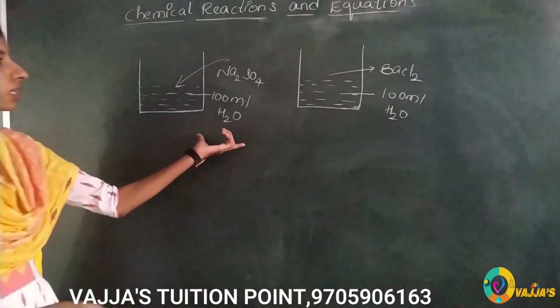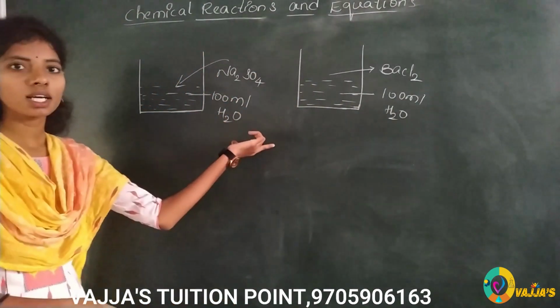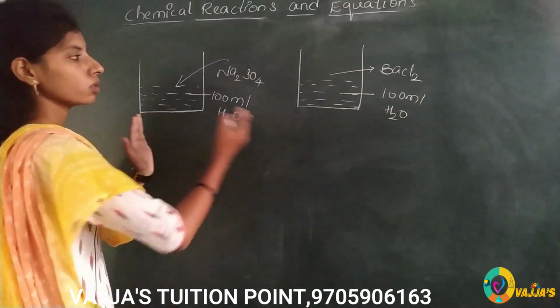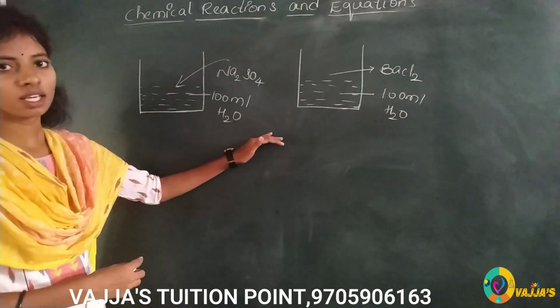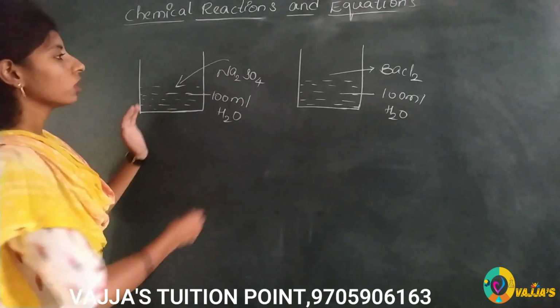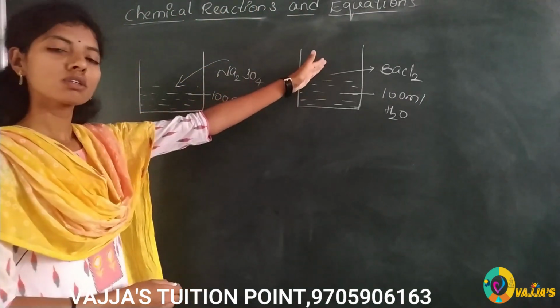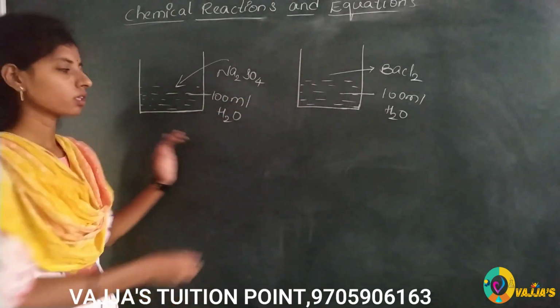Now, see the two solutions. What color are we observing here? So, the two solutions are white in color. Okay. Now, take the sodium sulphate solution into the barium chloride solution. What will happen? See,